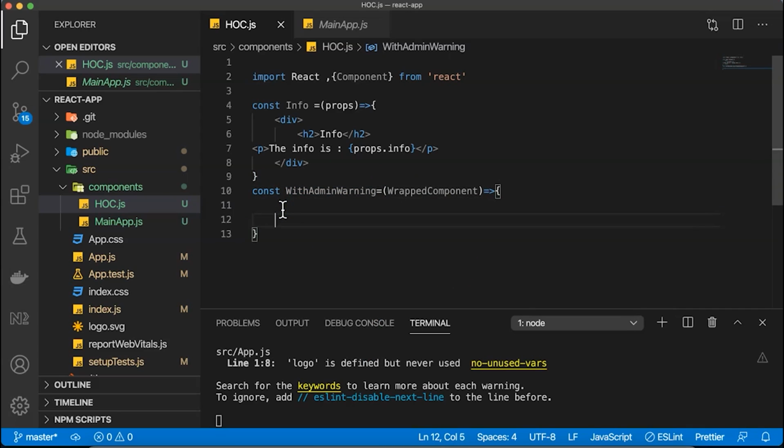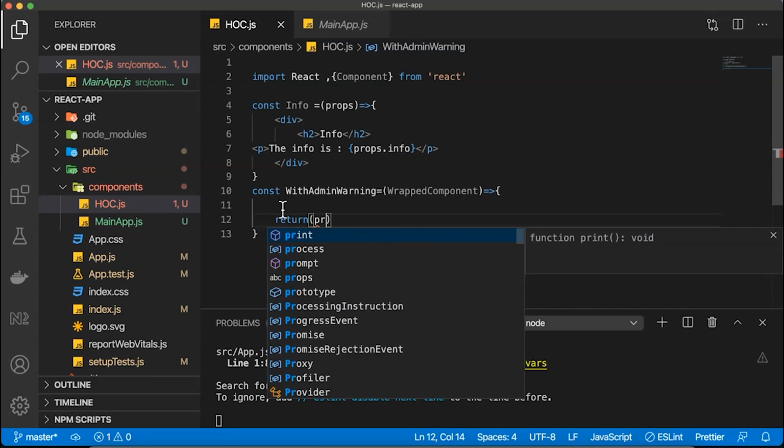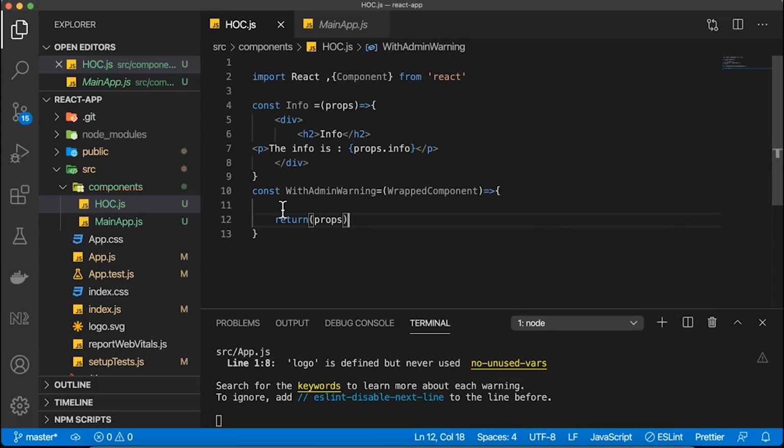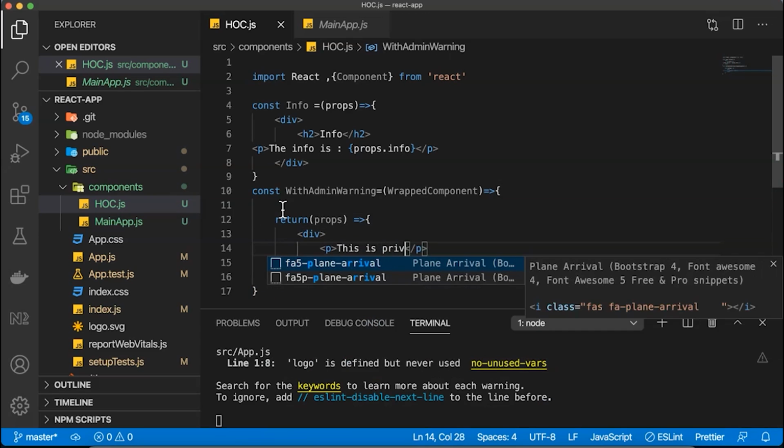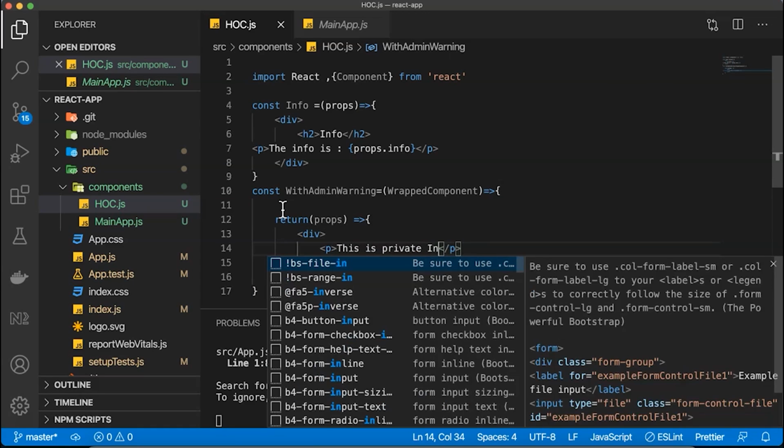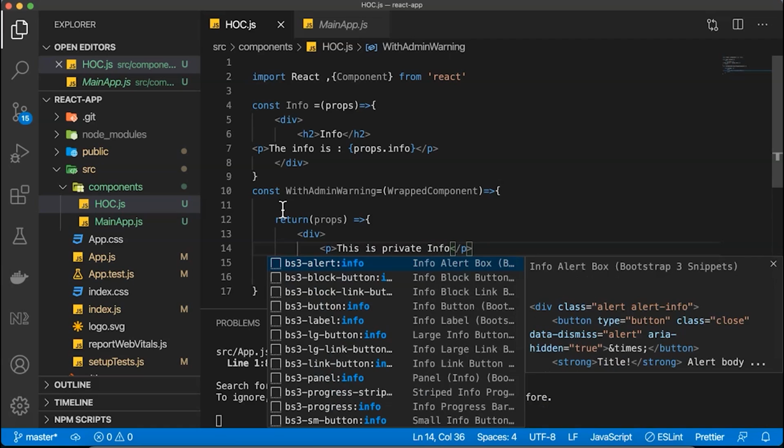Okay, here we are saying return with prop. Within this props I will use again another div tag. Within this div tag I can use the paragraph, and I will say this is private info,